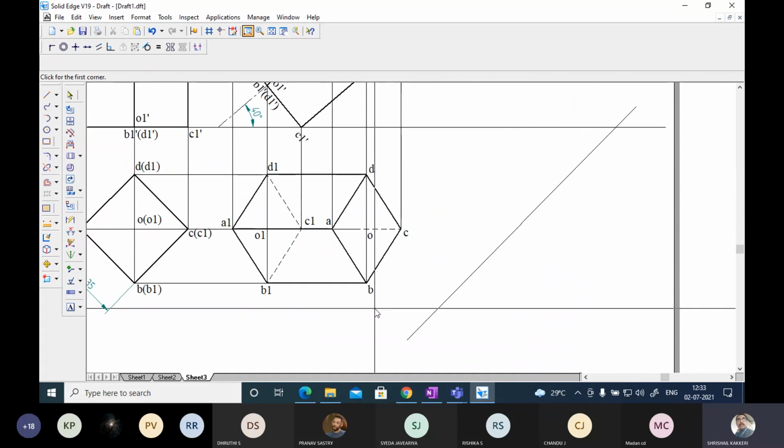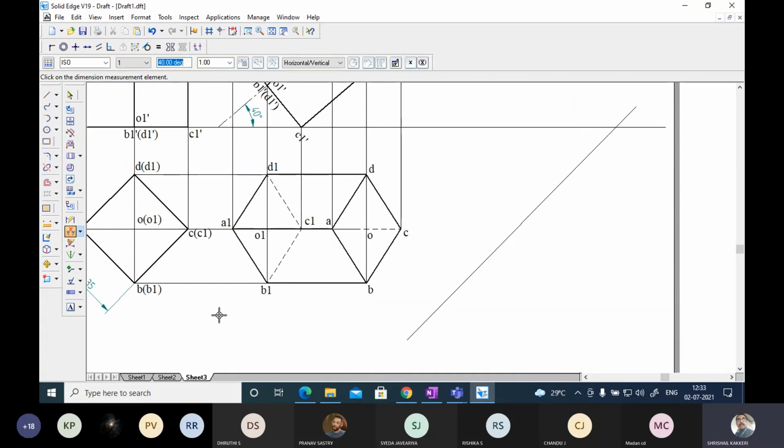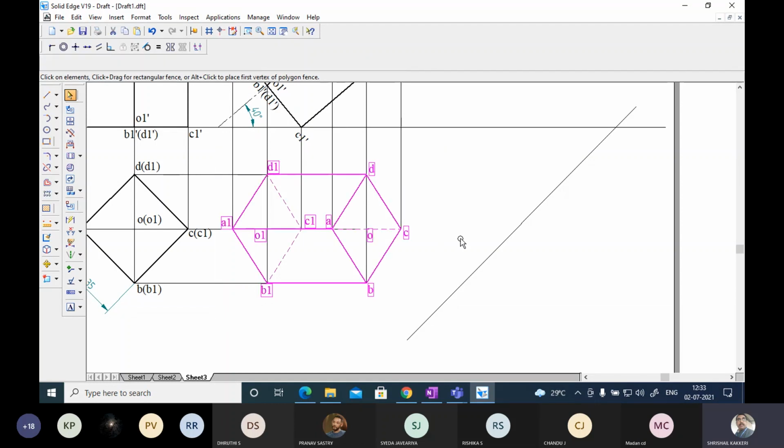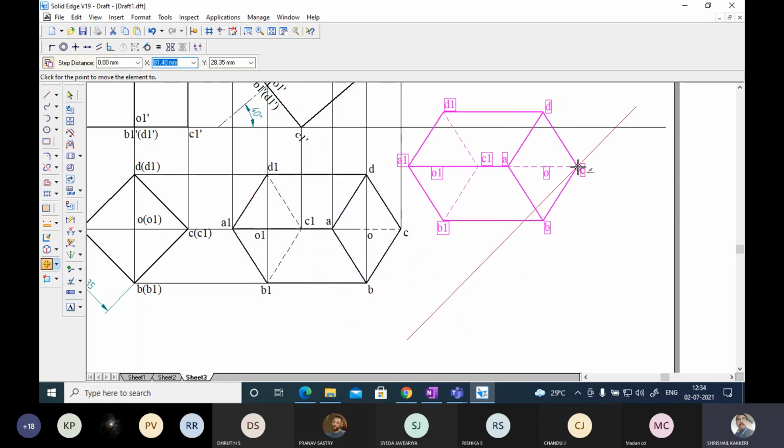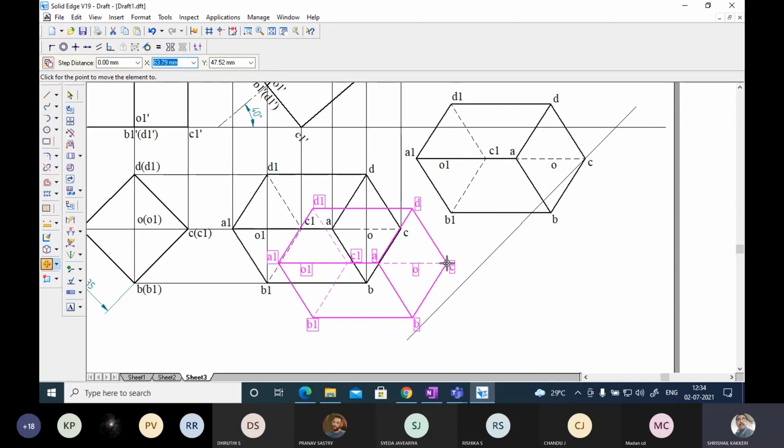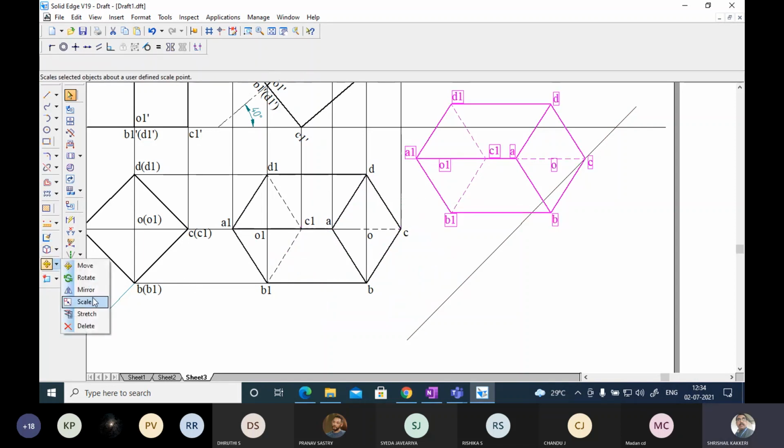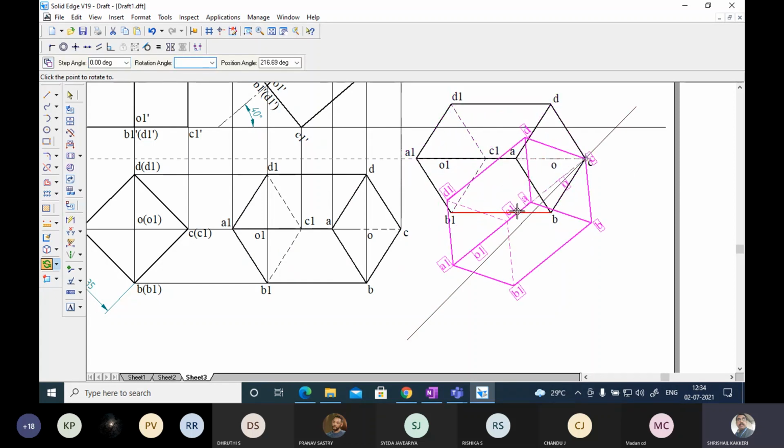it will be very simple for me to do this problem here. What you have to do? You select this whole portion. If anything is unselected, you can hold control and select it. Okay, I have selected all this. Now say move. I want to copy it. Okay, actually they have given us that the axis is coinciding with this. So what you have to do? You take this point, locate anywhere on this. Locate, enter, go to rotation. Take this as the point of rotation. Any point on this has to be on this.